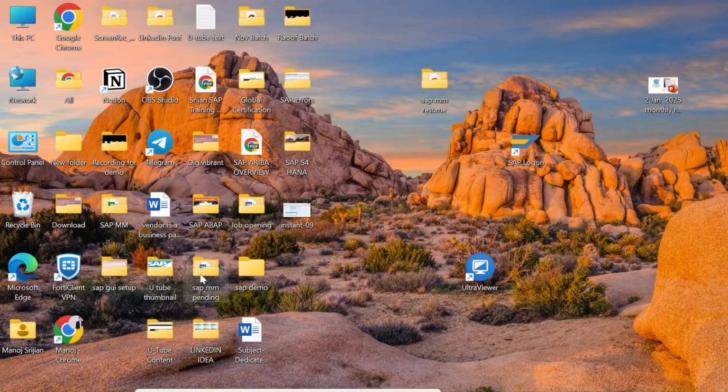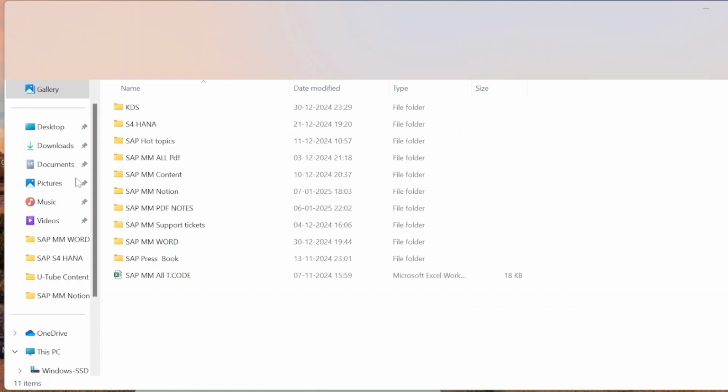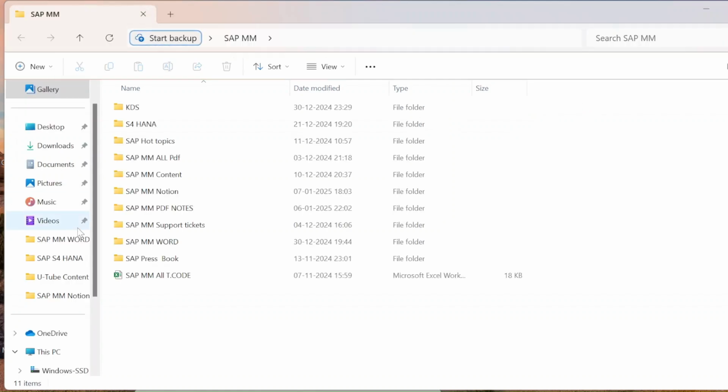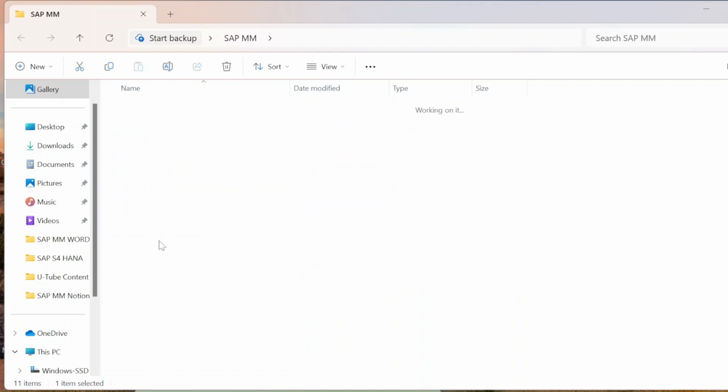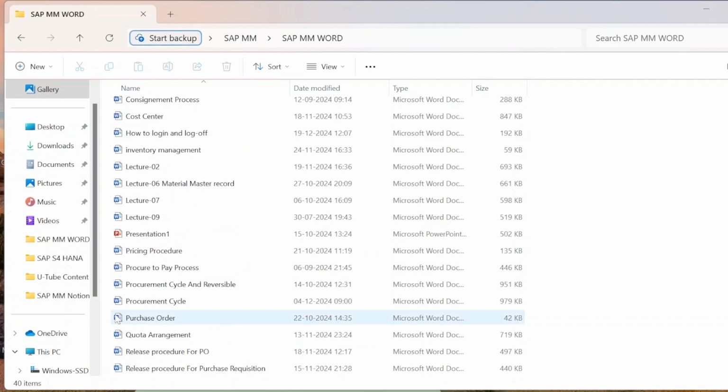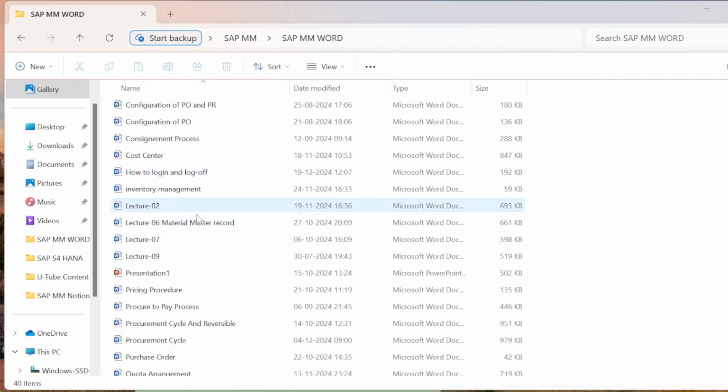Okay, so let us start. How are we going to learn? We are going to do end-to-end implementation projects, so we will learn how a live end-to-end implementation project works. We will create an organization structure, everything, in our SAP system, in our SAP sandbox, and we are going to learn like that. Before that, you guys just tell me,